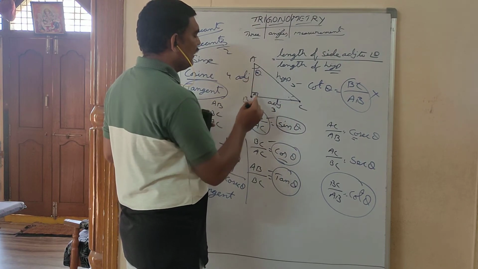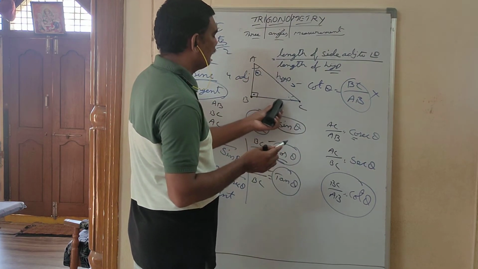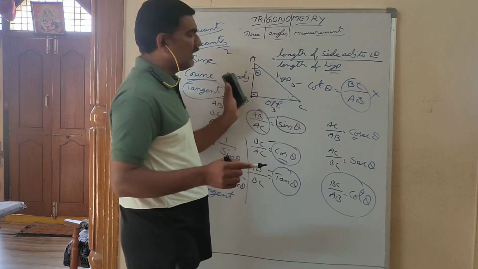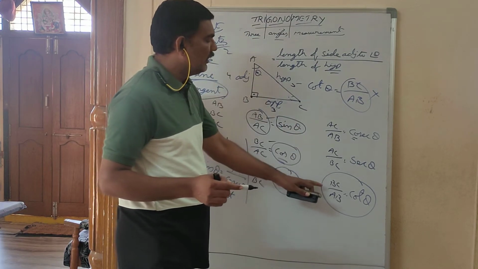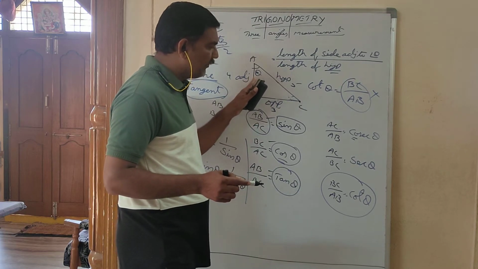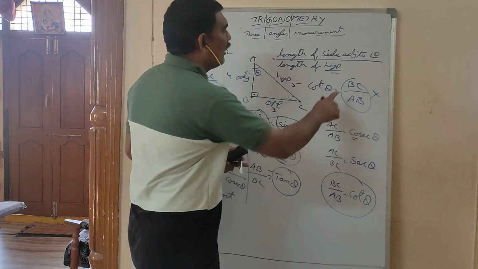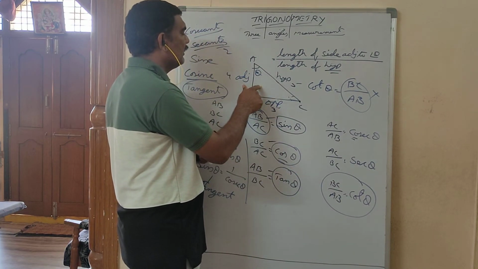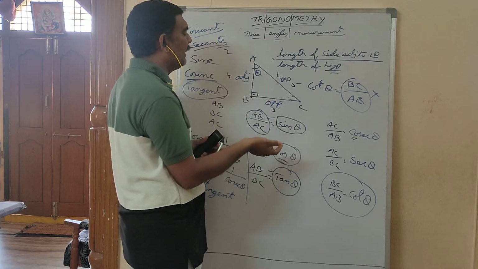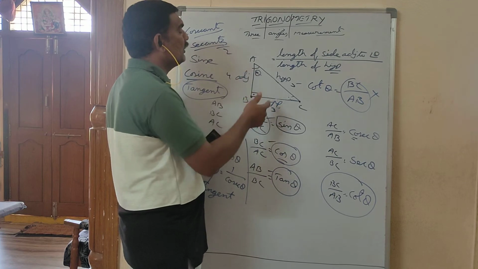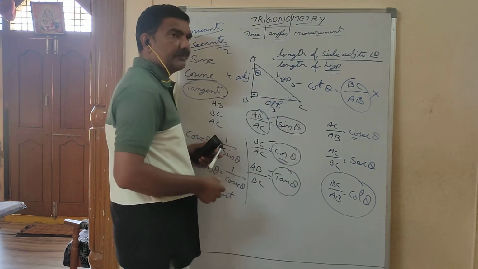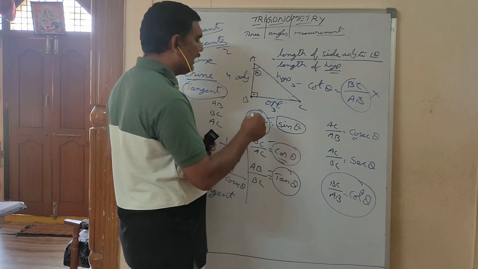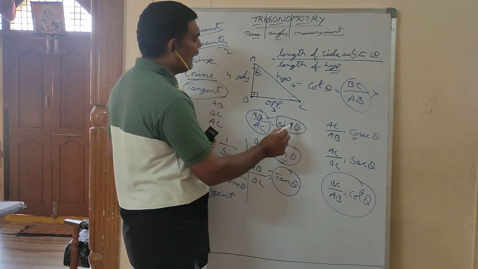And for this theta, this BC becomes what? Opposite. Means, if you change the angle from here to here, the opposite and adjacent sides are changed. So here, if theta is there, then the cot theta value is not BC by AB. Cot theta formula is what? Length of the side adjacent to angle theta divided by the length of the side opposite to angle theta. Means you will get AB by BC. So the formula is important, not AB by AC, BC by AC like that. Don't learn by heart sin theta as AB by AC.